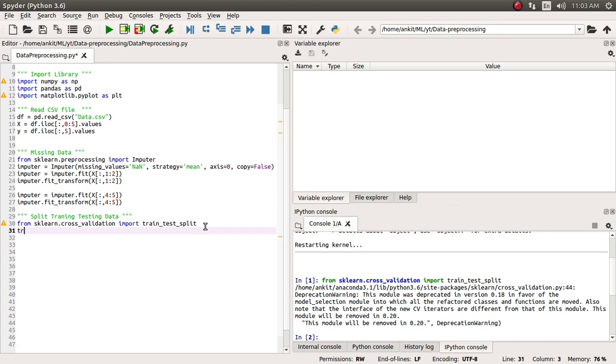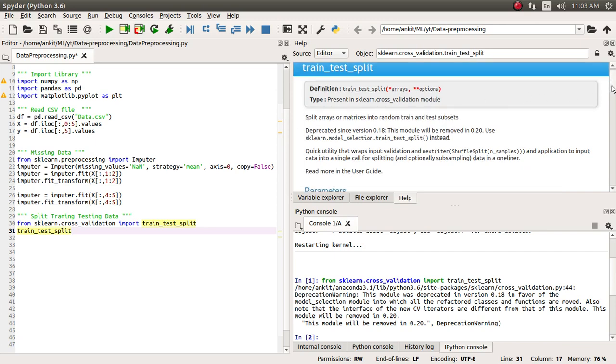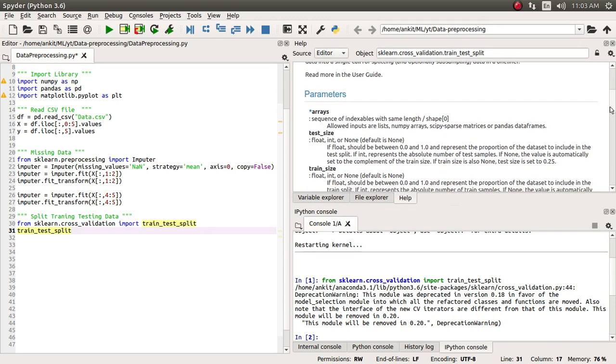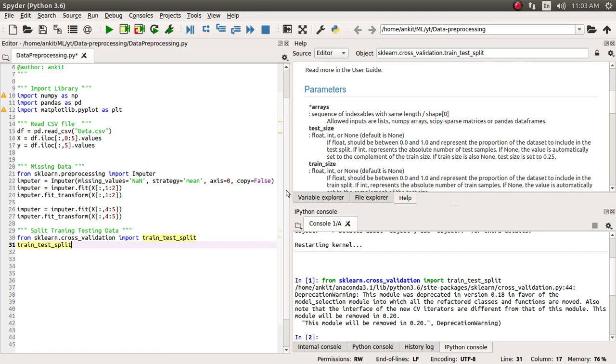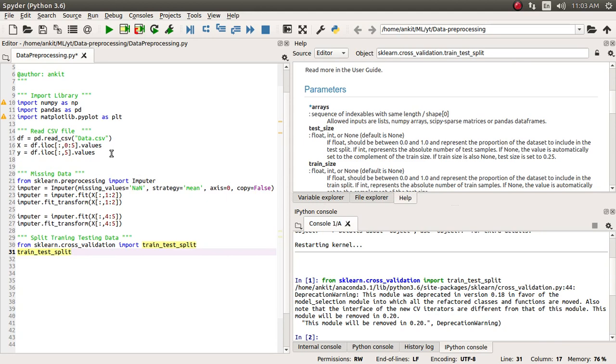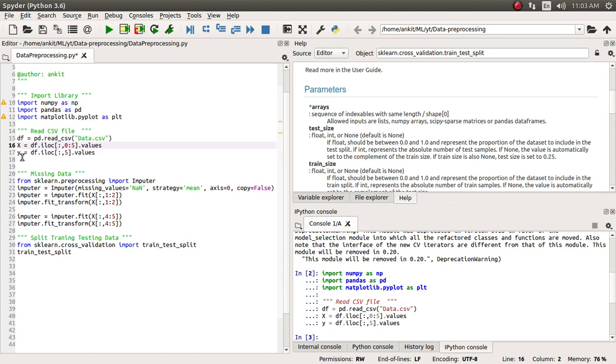From the module we are going to use one function. That function name is nothing but train_test_split. Now let's press Control I and we will see what arguments we need to supply. First we need to supply the array which we want to split. In our earlier class we successfully imported the library, and then we split it into input variable and output variable. I'll just run it again. Okay, so we got this X and y for us now. So we will supply this X comma y.